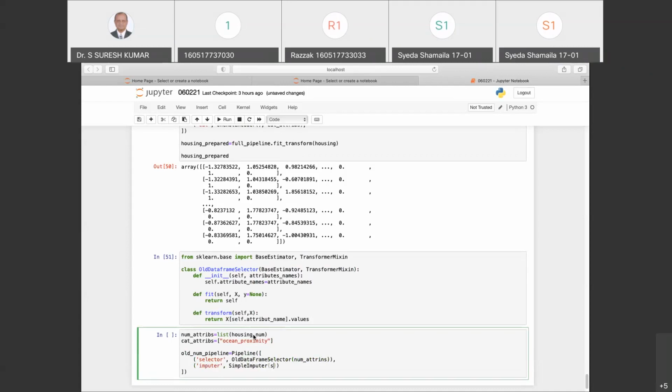For imputing, that is replacing the missing values, it is better if I use median.